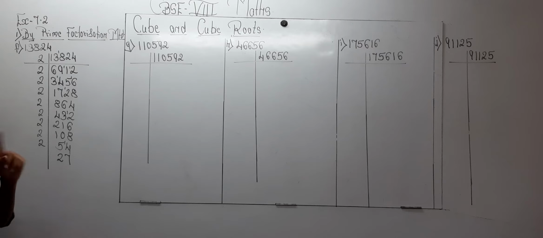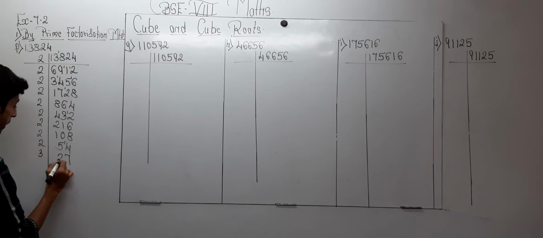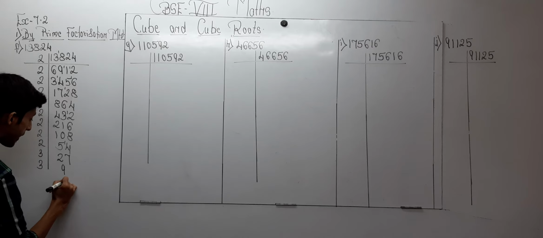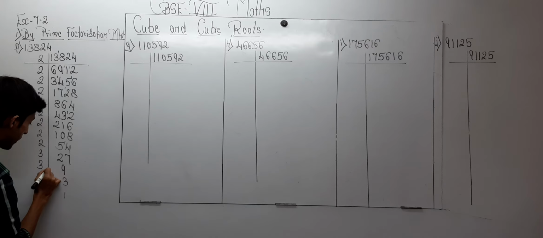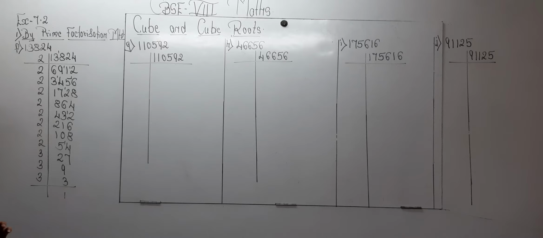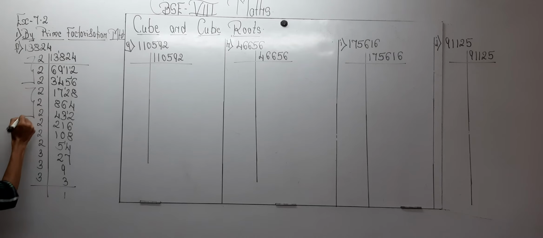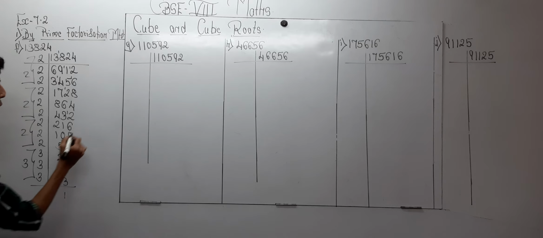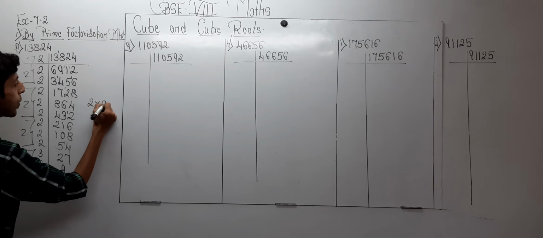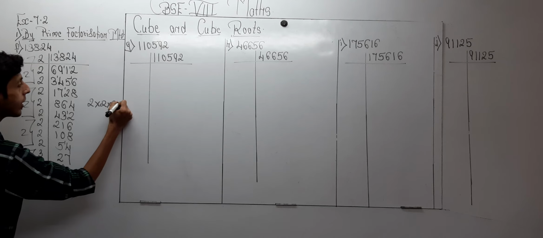Now 27 is coming in the table of 3. So 3 9s are 27, 3 3s are 9, 3 1s are 3. Okay. Now over here you can see a pair of 3, a pair of 3, a pair of 3 and a pair of 3. So 3, 2, 2, 2. So 2 to the 4, 4 3s are 12 and 2 to the 4, 4 to the 8, 8 3s are 24.